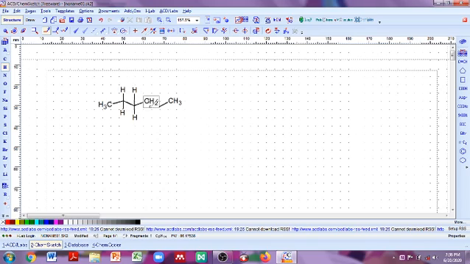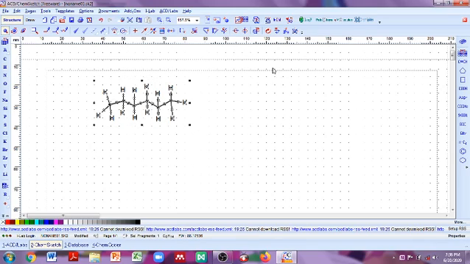It's very easy to draw a structure. Just put on the carbon and drag it. Again put on the carbon, drag it, drag it, drag it. So this is your normal hexane. Again, these bonds are not even, so go for the selection. I will select this one.